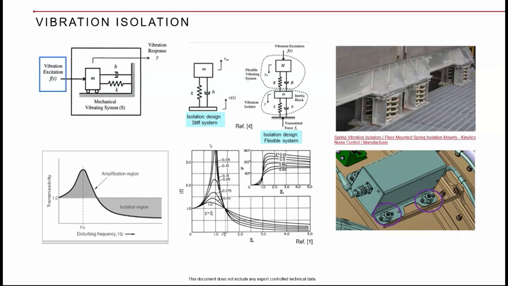If you see the base excitation problem here, you have seen that this is the point where the response becomes 1, which actually comes at root 2 times the natural frequency. So when the excitation frequency is root 2 times the natural frequency of the system, you see that the amplification factor is 1. Okay. So to take advantage of this kind of behavior, what we do is we design the